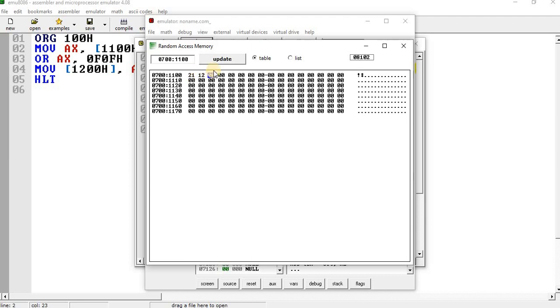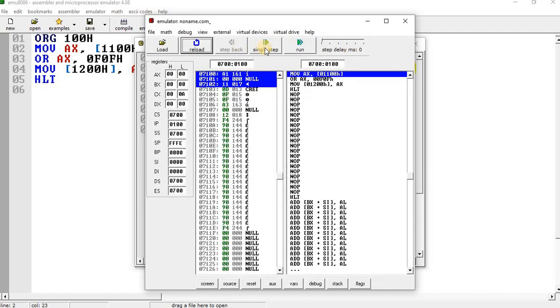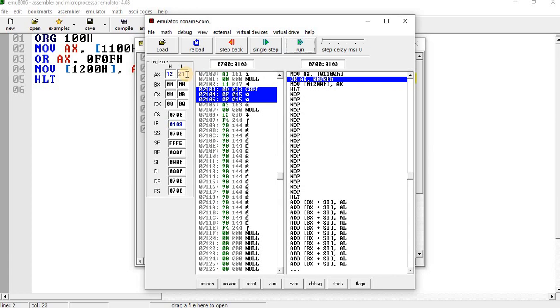I have given 12, 21 and 12, and then do the single steps. You can see here the lower bits is 21 and the higher bits is 12.